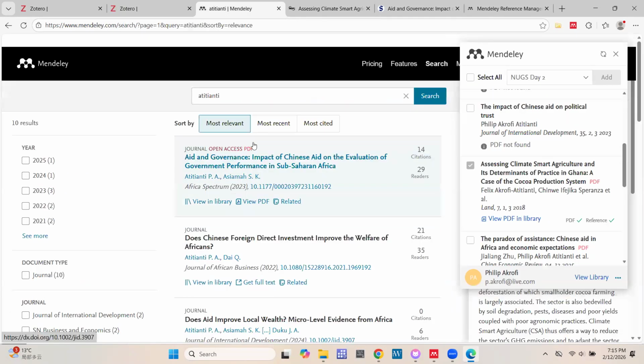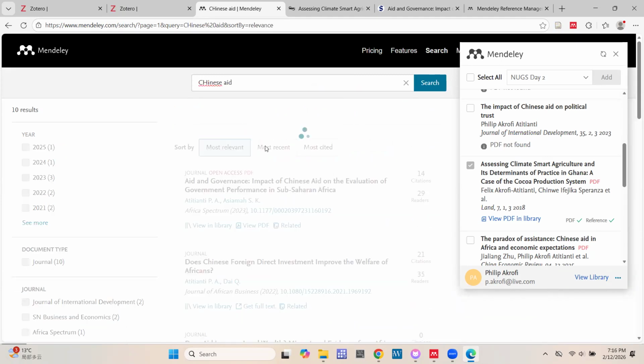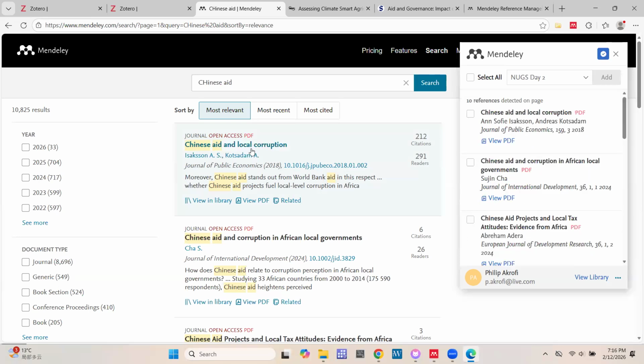Let's try and get another, maybe one more try. Another open access file. Okay, so this one is open access file. So let's see if it can get this particular file. So I click on this and I choose add. Let's see how it will perform. Okay, cool. So it says here I got a PDF, I got a reference. So I think one main thing is for some websites, Mendeley is able to access them easily. For others, it's not able to access.